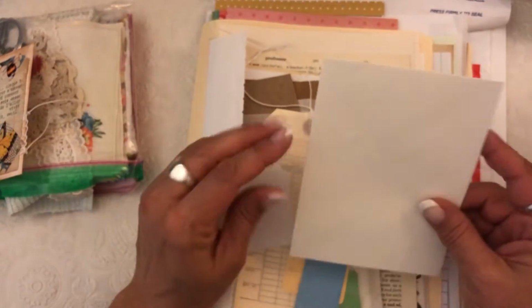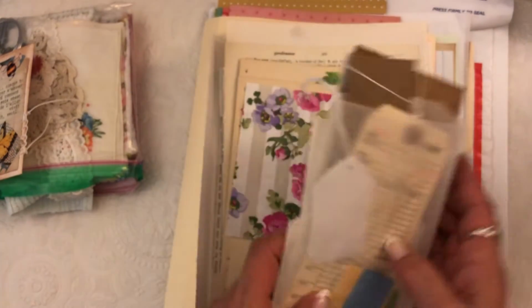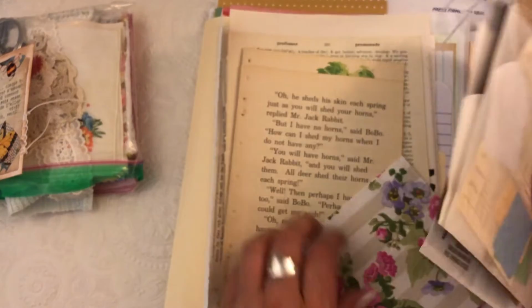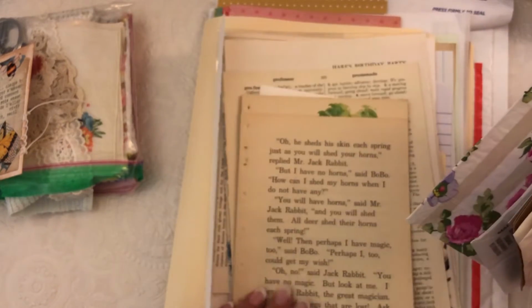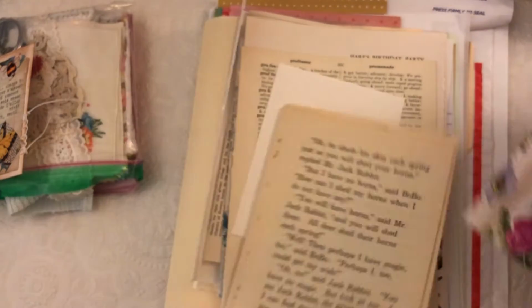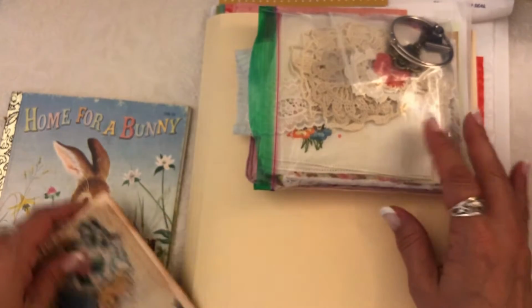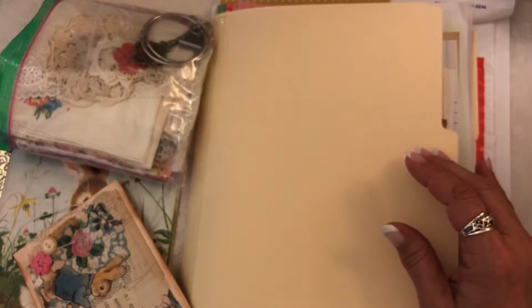You know, you just can't do absolutely identical kits on these. Not with the vintage stuff, but you know, you get the idea. The napkin's the same. The book pages are a little bit different in each one, but they're all cute. I picked out really super cute stuff. Okay, so if you are interested in one of the kits,